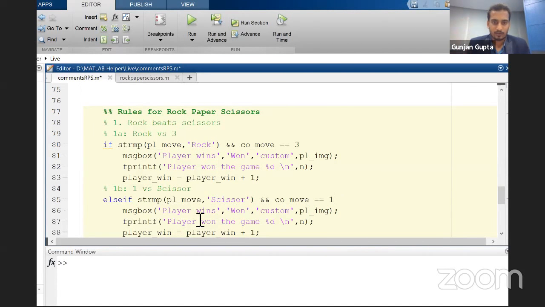In that situation, the computer wins. We lose, so I'm just saying lost, custom, and here we are displaying the computer's image. Computer won the game. Oops, we don't want the computer to win the game. Computer wins the game, and we'll replace the name again with computer_win.